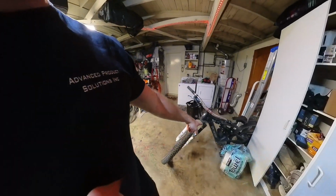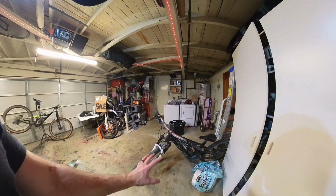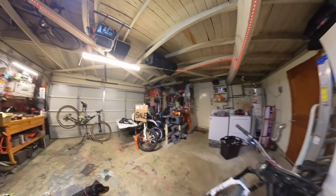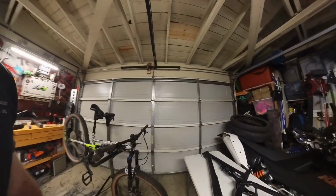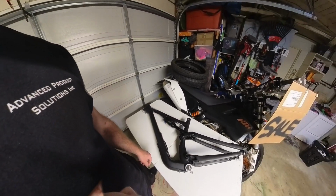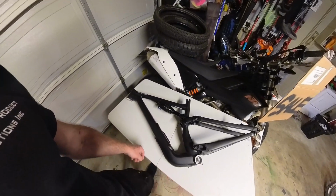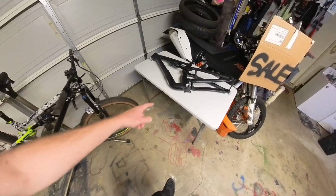I got the Turbo Levo, so honestly the geometry and everything is going to be pretty damn similar to the Turbo Levo. Same size frame and everything's pretty damn close. But everyone says that the Genie shock makes this into a little mini downhill bike, and that's kind of what I'm after right now. So I'm going to get this guy built up, but since I'm on a budget,